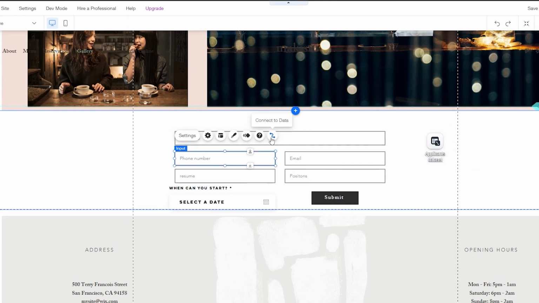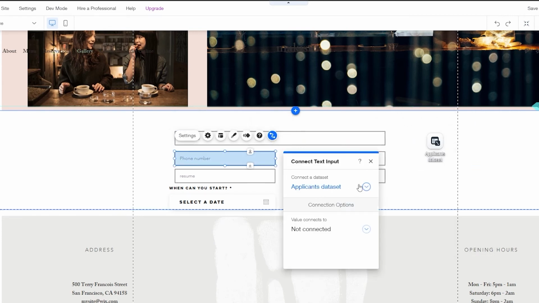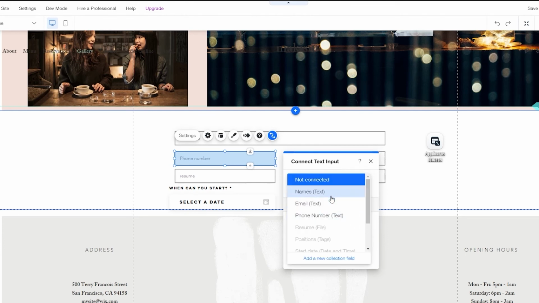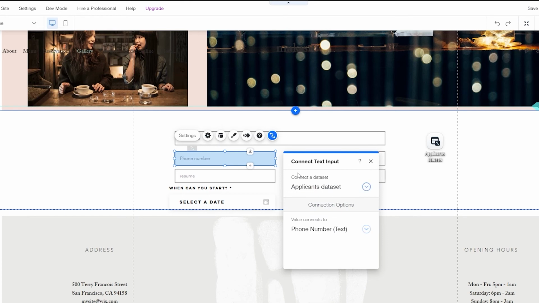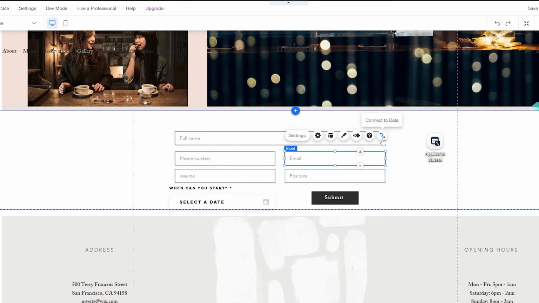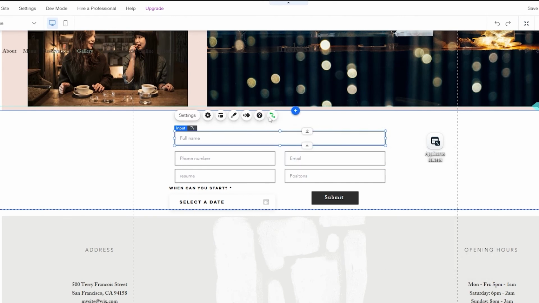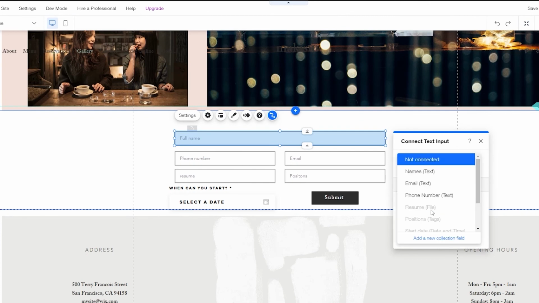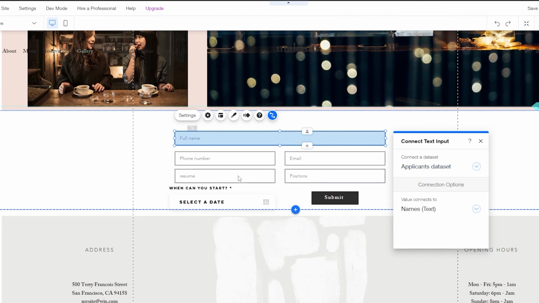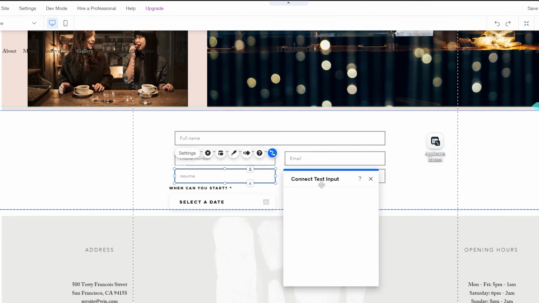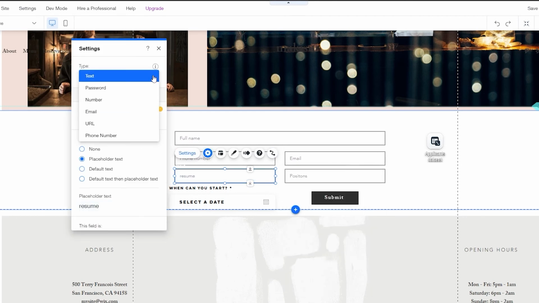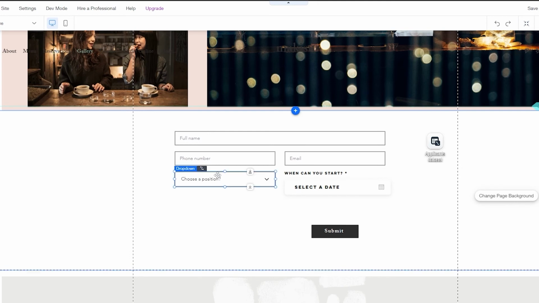Click on this one and click over here, and in the database we just simply choose phone number over here. There we go. For the email address, click on connect. Database connected to emails. And for the names as well, we'll just select over here, connected to names. And for this one, resume, connected to database, and choose, let's change the text field to, okay, so I changed